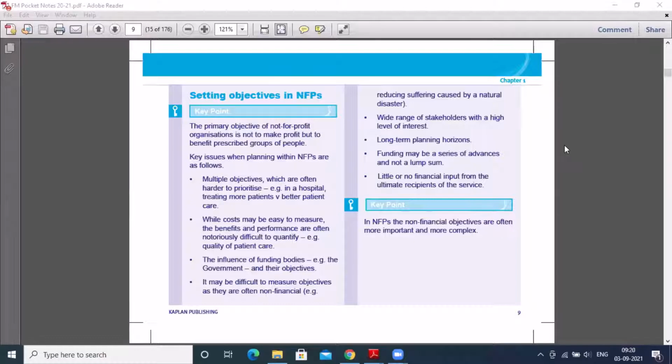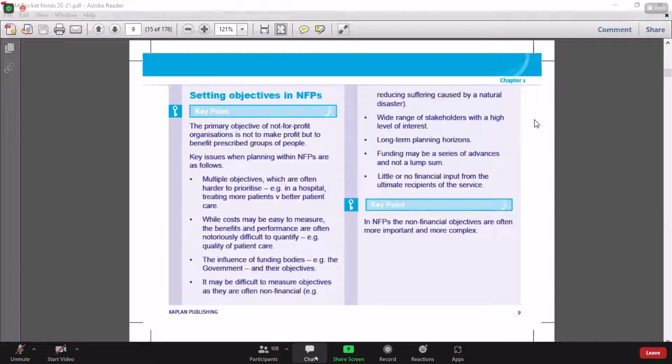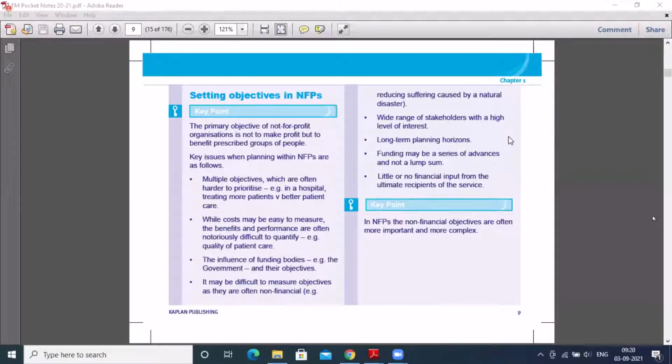I hope it is clear. Any queries? Now, any specific point you want me to address in this? Shall I assume that all these key issues are clear? Shall we go with the next concept? I assume that I can go with the next one. I'm expecting you to confirm it.